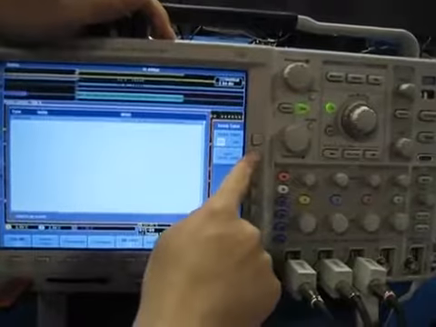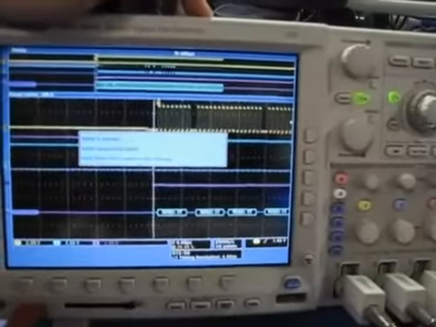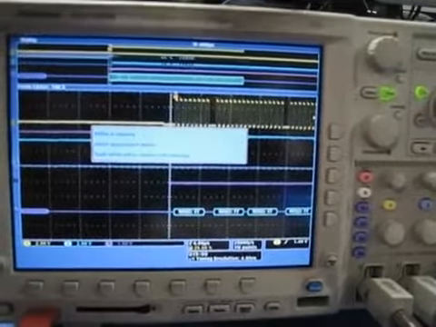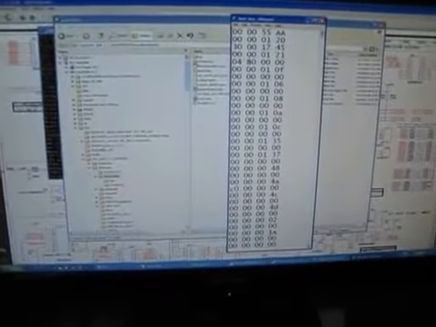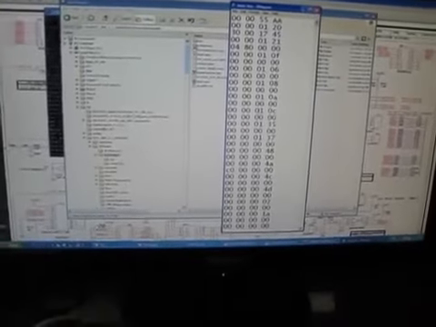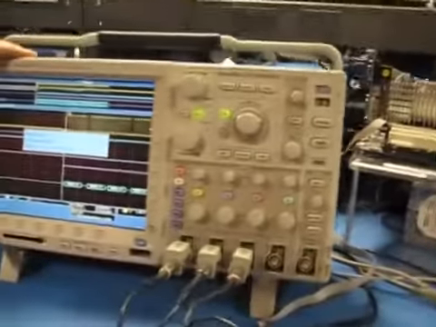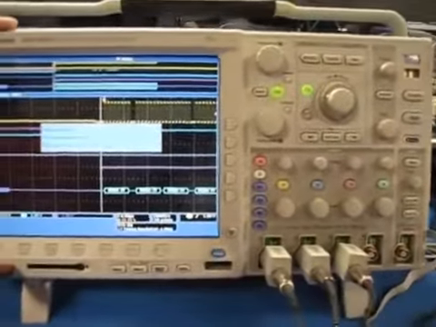Once we find there is a problem inside the boot code, we can save this waveform and all this data to the USB stick and compare the result. So let's go to the screen. We can compare the result. Yeah, this is the boot code, so we can compare the result. Finally, we found there is a software glitch inside the bootloader image, and we